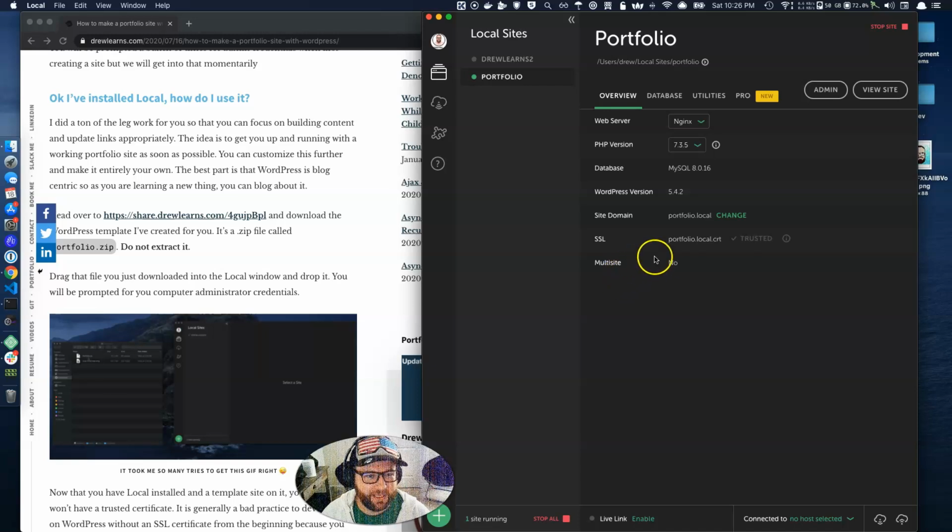Who knows? Anyway, so here you can see your web service Nginx, your PHP version, MySQL for your database, and the WordPress version, 5.4.2. And I'd like to kind of dive into this momentarily as well. WordPress comes out with a major release, which is this first digit, rarely, occasionally. The last release, I think, was last year, and that was for Gutenberg. And it kind of divided the WordPress community quite a bit because before they were using a what you see is what you get